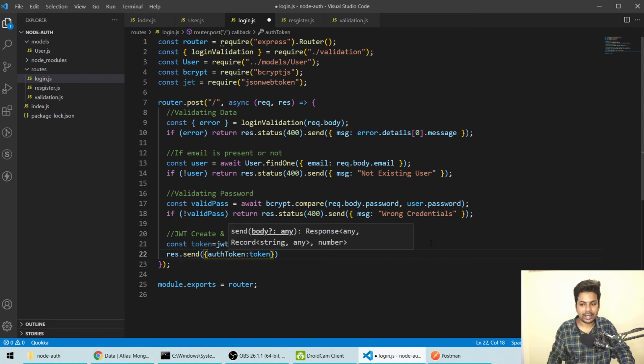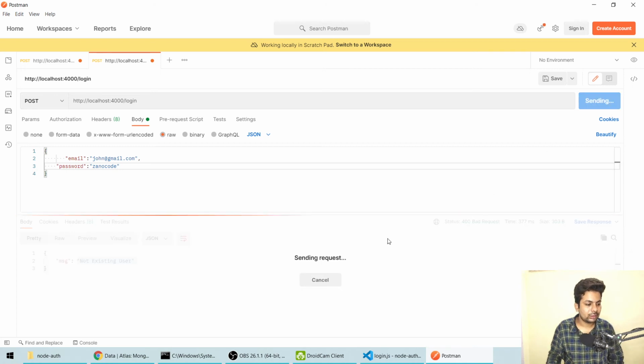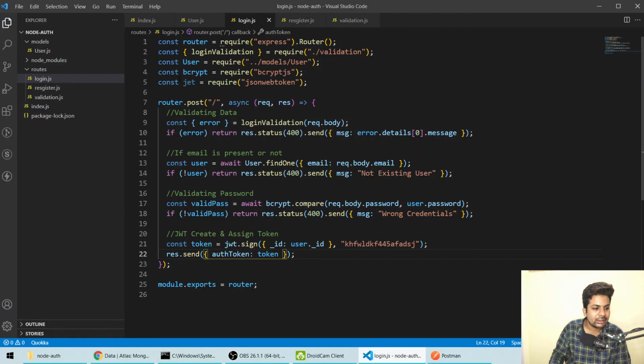Okay, I'm sending back the token, and let's just save it and show you. And if I do this, but my email is not existing user, let me correct this, and correct the code also. Okay, and there's some error I got. JWT is not defined, I think I haven't, okay, this is jwt, not JWT.